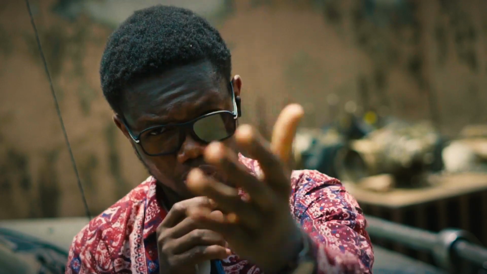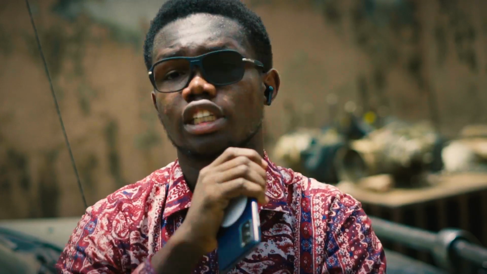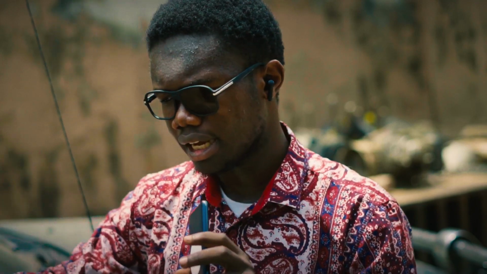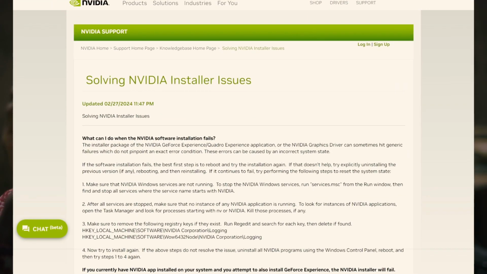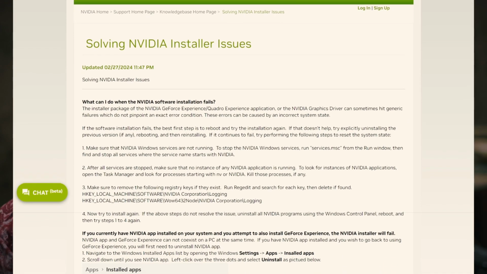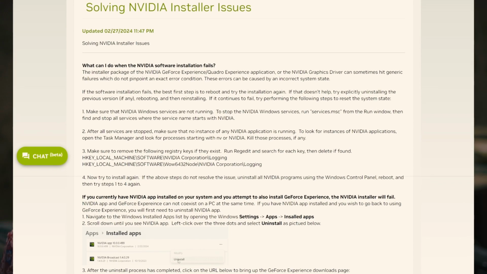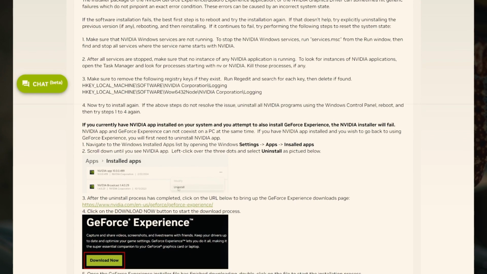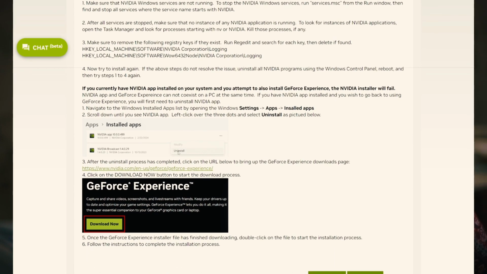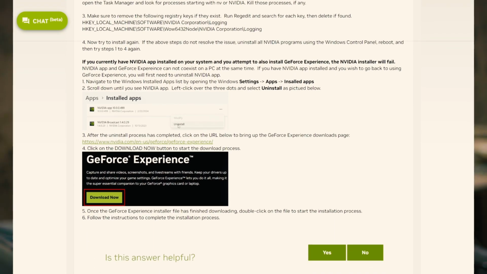But so I switched to the Game Ready driver, and it still refused to switch. I don't know if you experienced that error where you tried to update. So the solution to that error precisely is, I'll drop the link to the stuff in my description though, but you uninstall the drivers. If you're on Windows 10 or wherever, go to Control Panel. Yeah, you uninstall the NVIDIA driver stuff. When you're done uninstalling it,